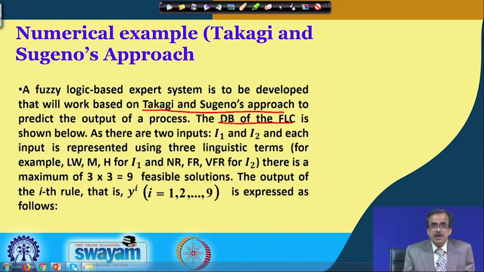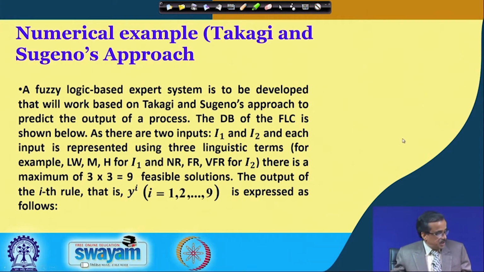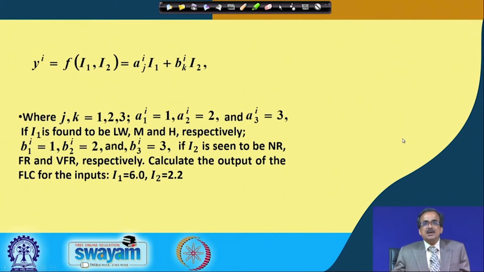As there are two inputs I1 and I2, and each input is represented using three linguistic terms, for example, low, medium and high for I1, and near, far and very far for I2, there is a maximum of 3 multiplied by 3, that is 9 feasible solutions. The output of the ith rule, that is denoted by y_i, where i varies from 1 up to 9, is expressed as follows. I am just going to give you that particular expression for the output of the